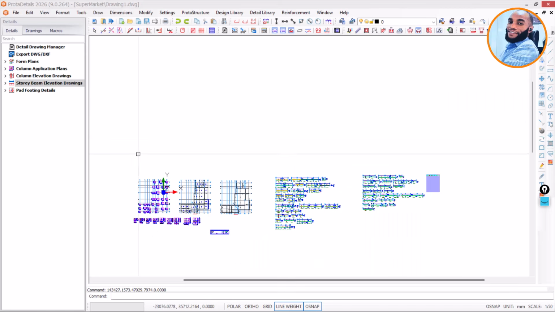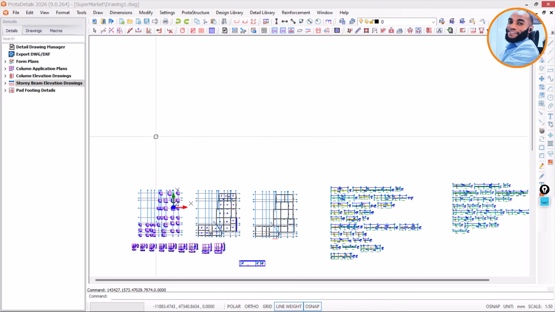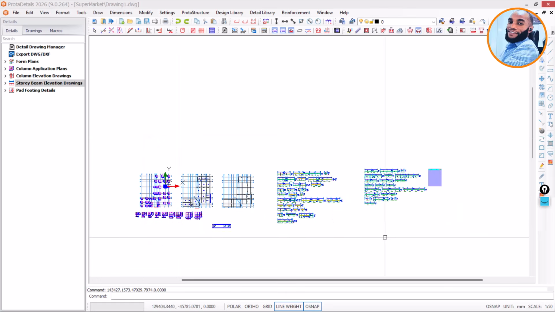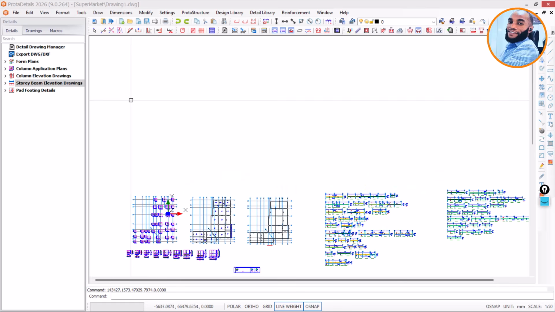In this series 1, you'll be learning how to extract your drawings from Prota Structure down to Prota Detail. Once you have opened your Prota Detail, as you can see here, the next thing to do is to begin to extract your drawing. I've already done that, but just to give you a clear guide, because I believe you must have known this, as all this process is on our YouTube channel, except the complete detailing area. But just to carry you along, when you open your Prota Detail,